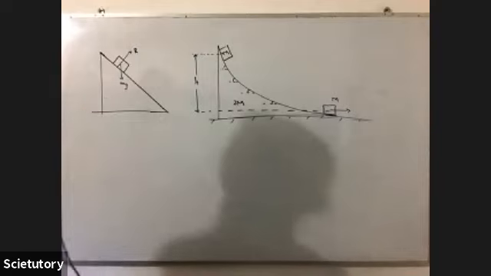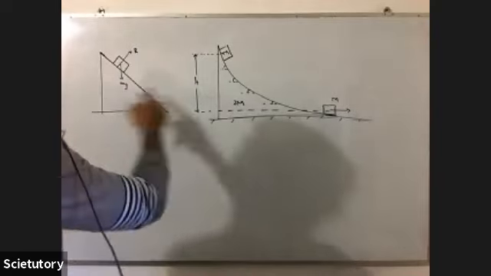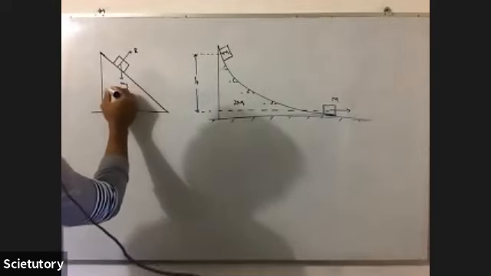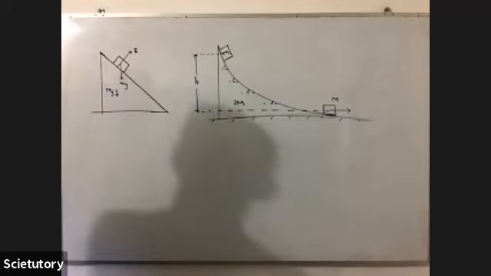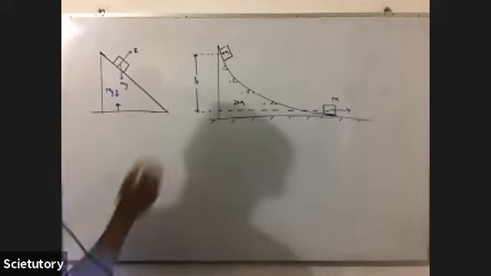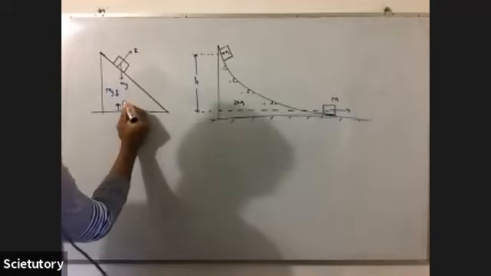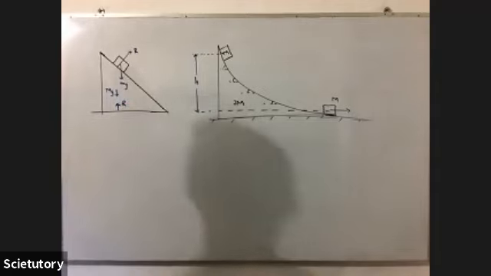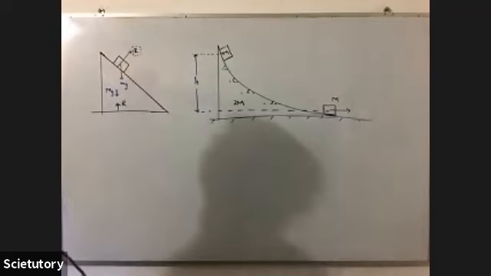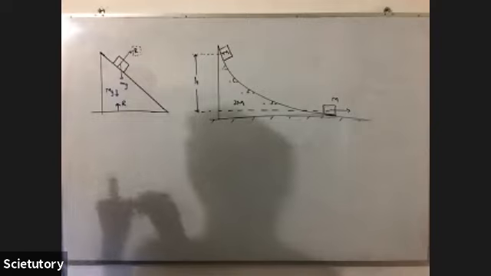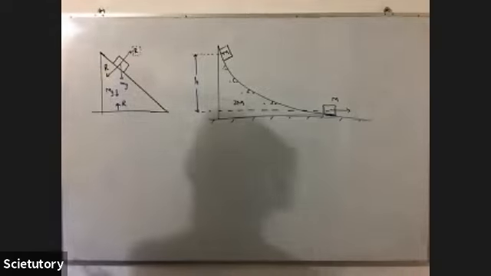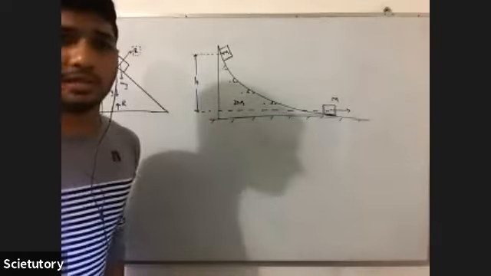Not the block, this one, this object, this inclined plane. Obviously, it's mg. I will put it as capital Mg. And there is also a normal reaction by the floor. So there is R. And any other force? There should be an action which is opposite and equal to this R, no? So that particular force is also there. So this R is there. Any other forces that you can think of? Not exactly, no? Only these.